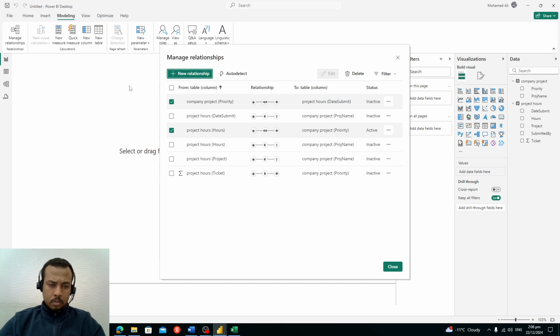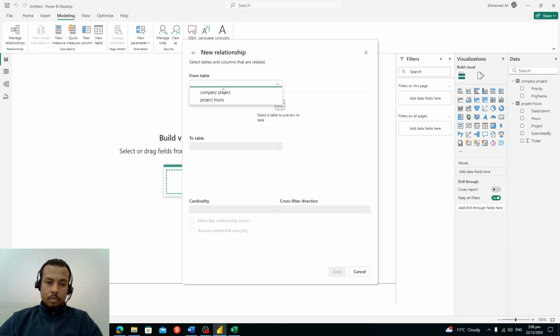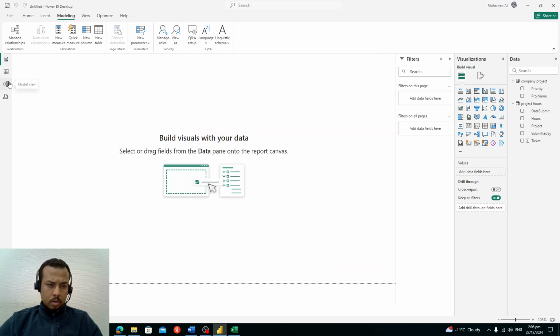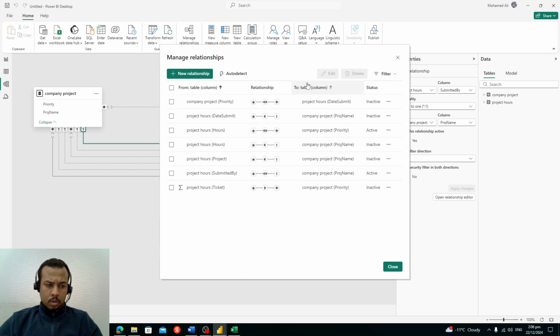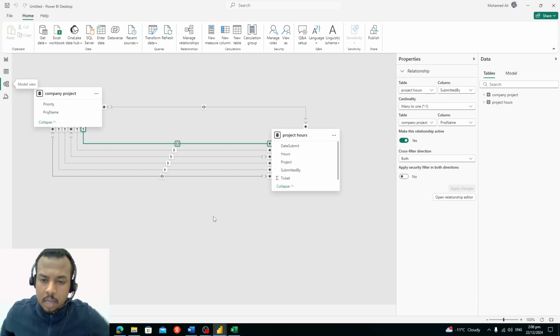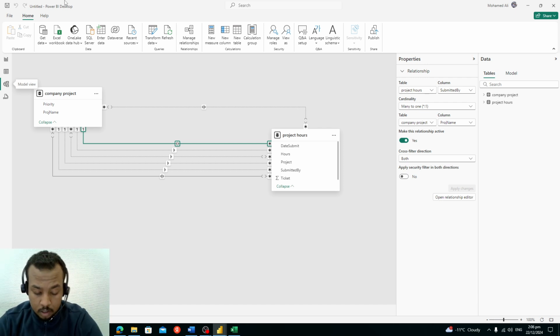Okay, no. Auto detect will help you also. It can find the relationship between them for you. Okay, so we have this kind of relationships now. There is a very important aspect. So the first one is actually